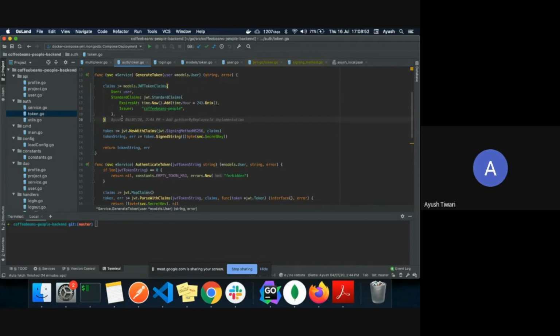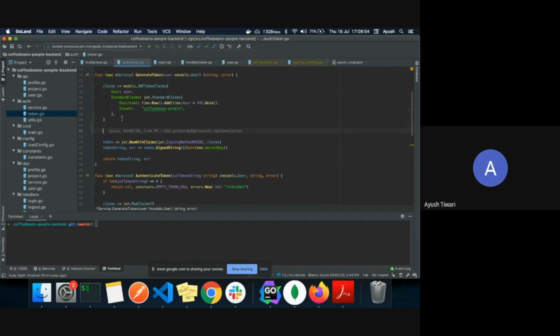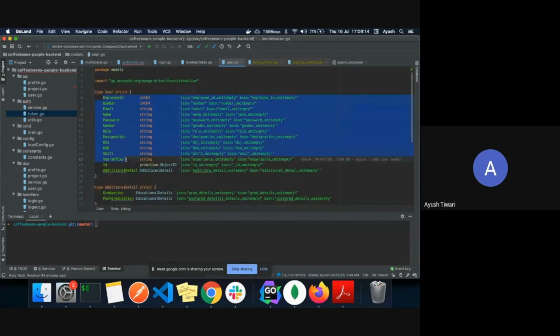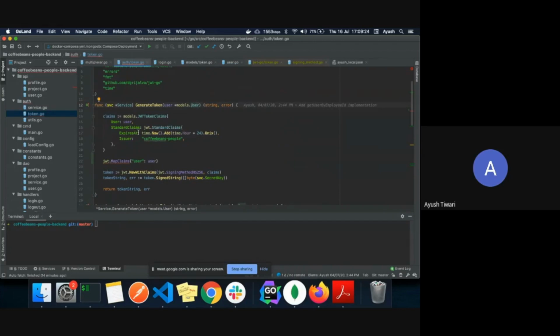You can also do it the hardcoded way, but it's generally not recommended. You can use the JWT package and map claims, and then set your user data over here. I'll show you the user model first. My user model has all the things like name and ID, but I won't be setting everything in the token. The fields are there, but I won't be setting all of them in my JWT token because